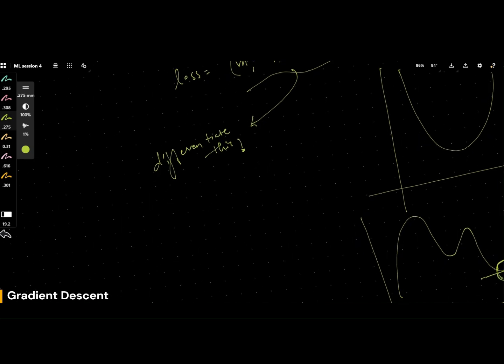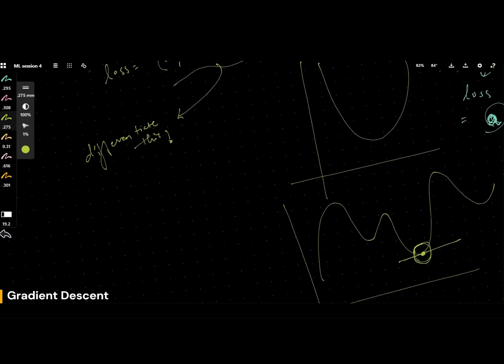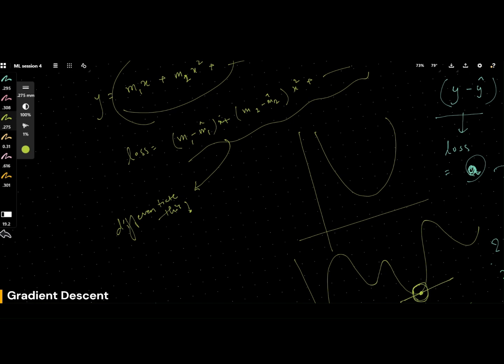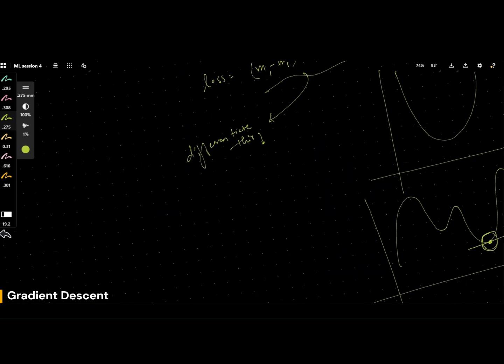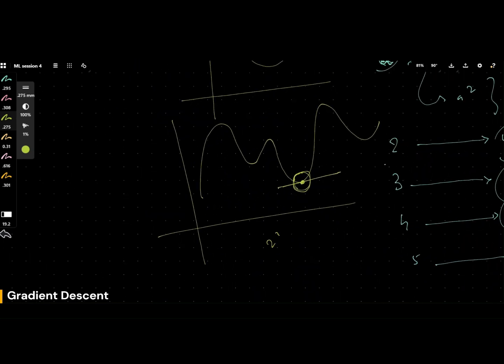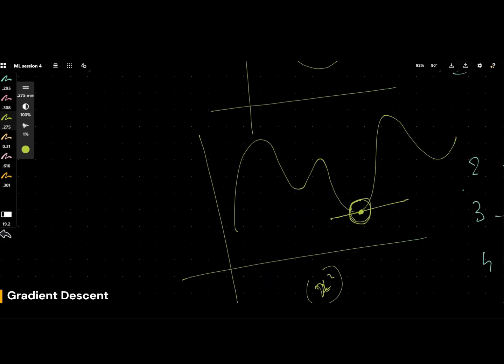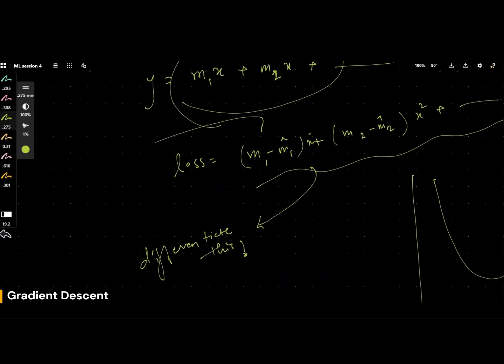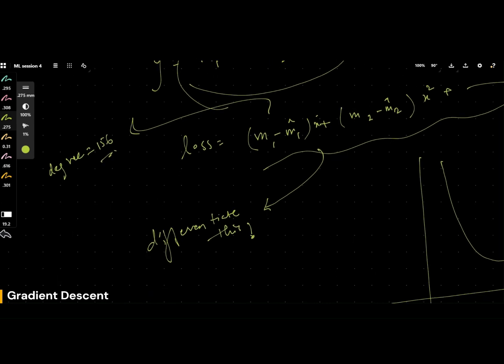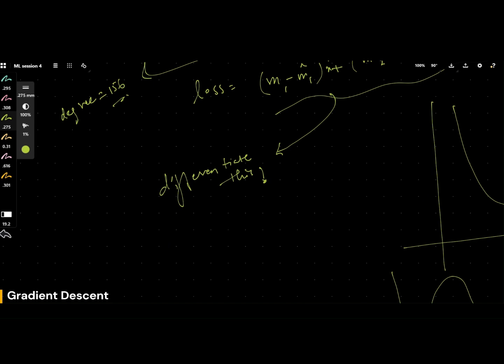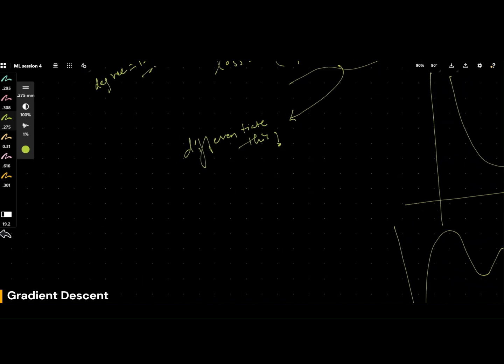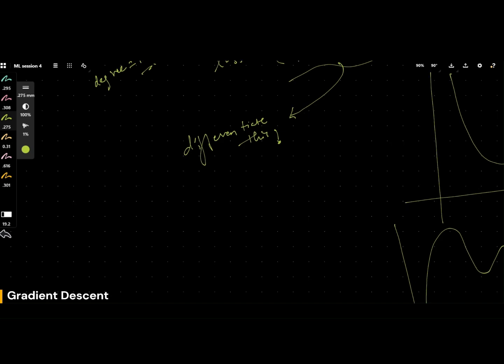We differentiate this equation and get our minimum values. Here we're differentiating multiple times. For second order you have to differentiate two times. In a real world data set, let's say the degree is something like 156. That's pretty high, but something like that can happen. You can't just keep differentiating 156 times. That will be computationally very, very expensive. So what we do,